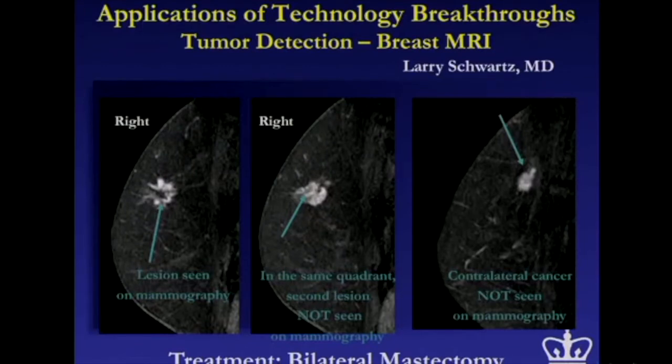Similarly, magnetic resonance imaging, with its very high resolution, has transformed the way we look at disease. Most of you, I think, have heard of Angelina Jolie, and this is one of the reasons she decided to undergo a bilateral mastectomy, because the incidence of contralateral breast cancers, revealed largely by MR imaging and research, has convinced some of us that if you see cancer in one breast, it probably exists in the other breast. And this is an example where we showed with MR that this was indeed the case. In most cases, mammography, for example, mammography in this patient was negative.